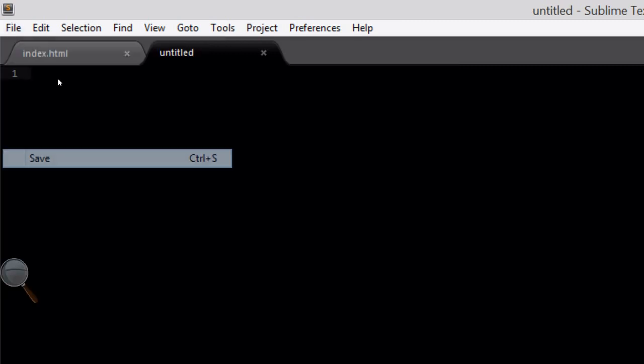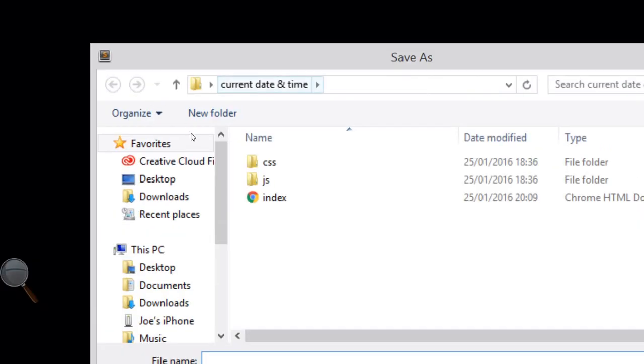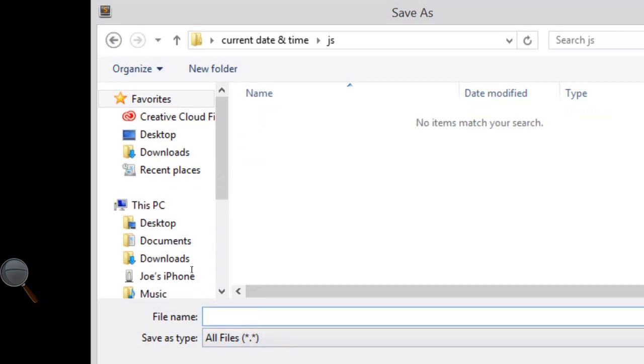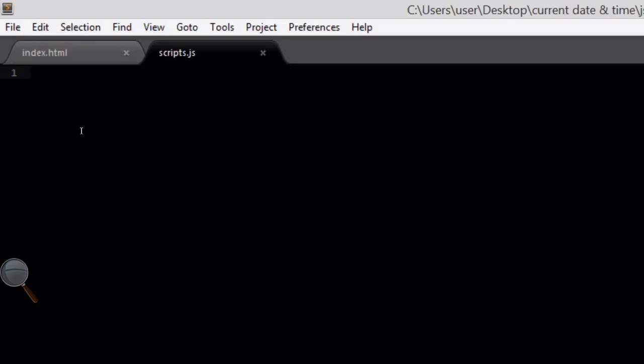This is where the content will start to appear. The date, and this is where we basically create the date and time. So we're going to save this in our JS folder as scripts.js,